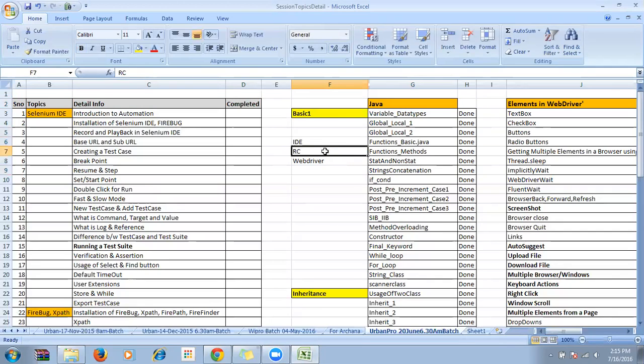For learning RC and WebDriver, if you know IDE, learning RC and WebDriver is easier. It's just a record and playback tool. You don't have to write any code to automate. But if you start here, understanding the concepts of Selenium is easy. And after you learn this, when you come to RC or WebDriver, understanding the concepts is also so much easier for us. That is the advantage of it. So we learn that part first, IDE. So in IDE, what I'm going to do is,